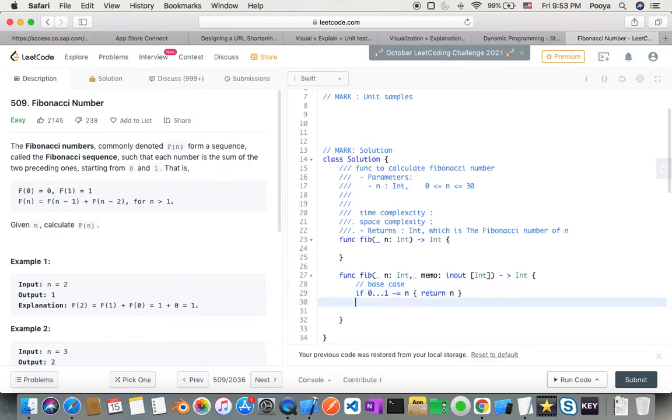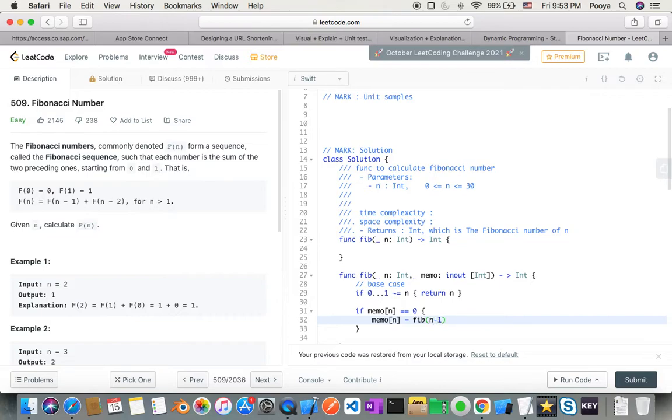So this is my base case. Then I'm gonna say, if memo[n] equals 0, I want to set memo[n] equal to fib(n minus 1, memo)